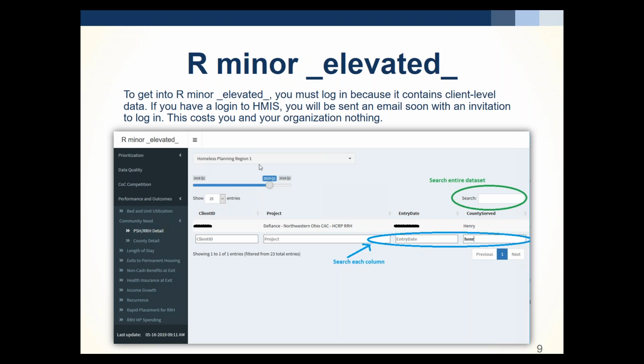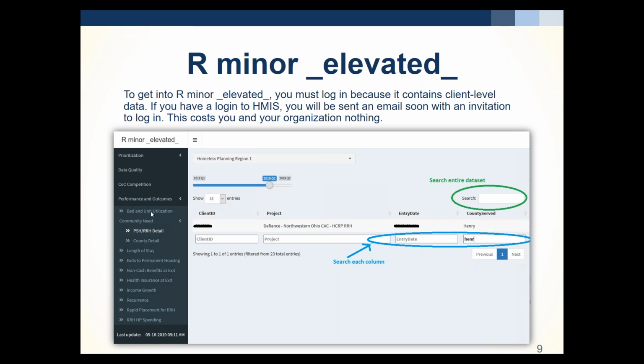So I'm probably going to change that soon, but it might be confusing because there's literally nothing there except the left sidebar. So you would just go to the left sidebar, navigate down to performance and outcomes, and then